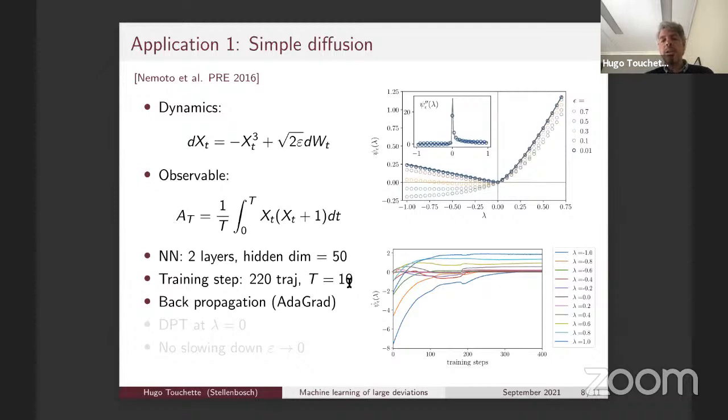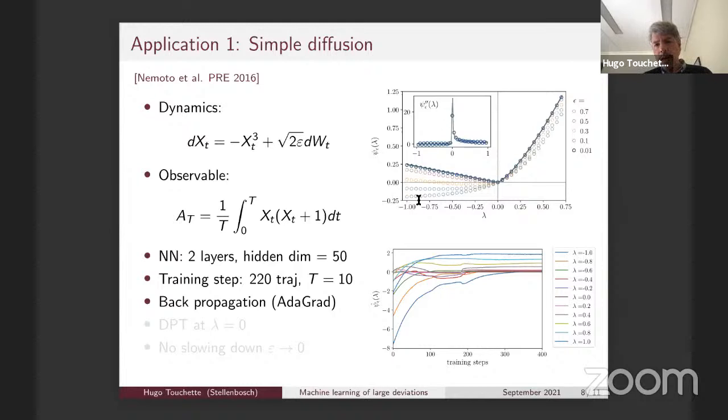And then you can track down convergence by looking at time. But what we've seen, and it's also something that I knew from previous simulations with other techniques, is that you don't have to go to long time to get the large deviation limit. For this system, we use direct backpropagation. So there's no fancy algorithm for calculating the gradient, and you have the results here.